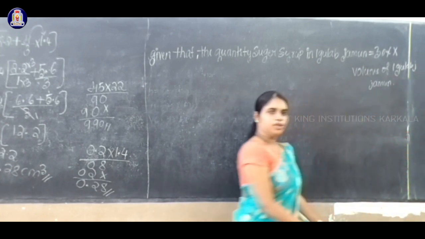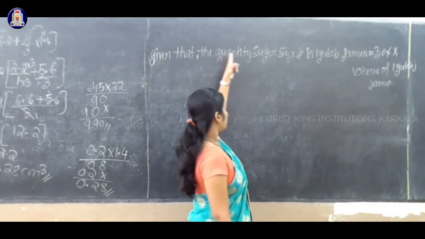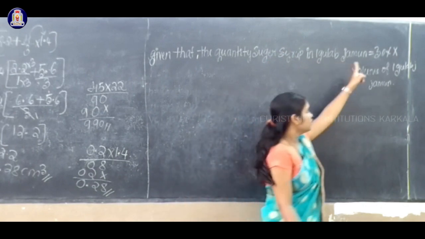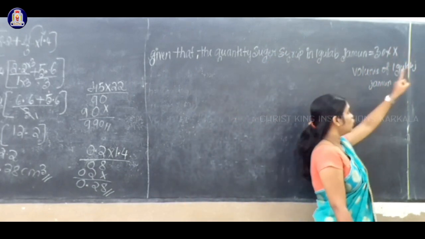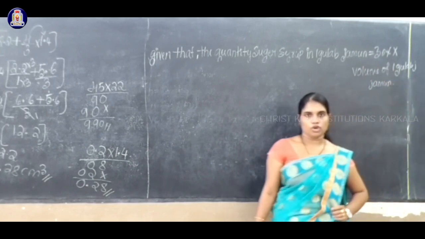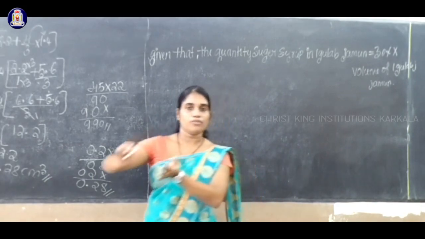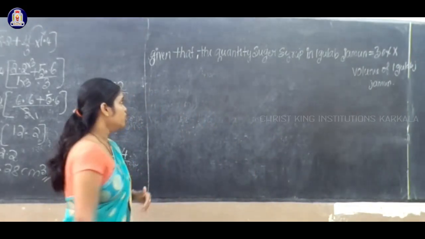This is what they have given in the question, isn't it? The quantity of sugar syrup in 1 gulab jamun equal to 30% into volume of 1 gulab jamun. That means 30% of its volume. Okay, so therefore